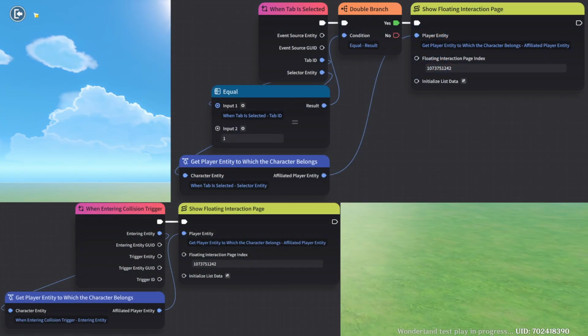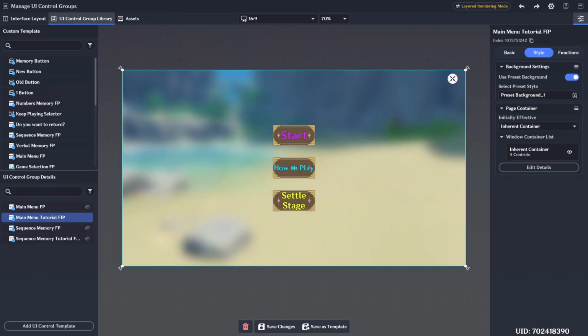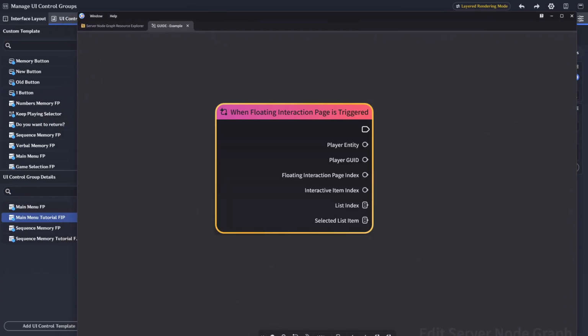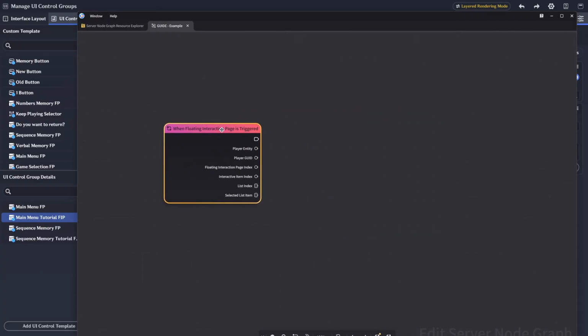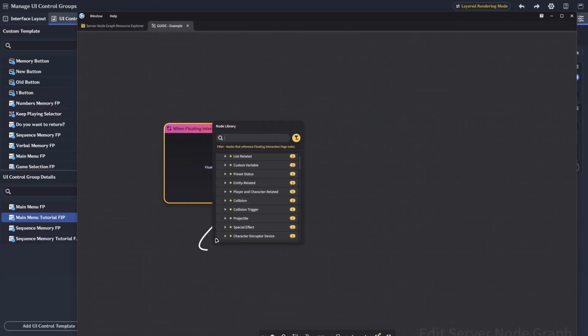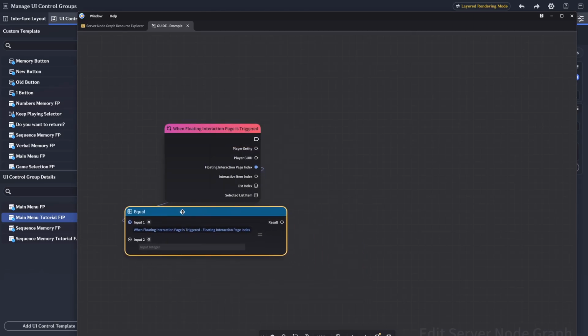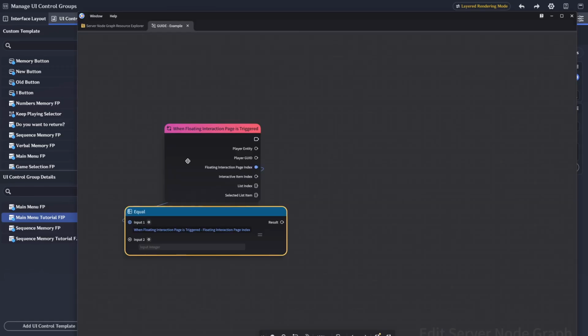Of course, what we've created so far is pure UI with no logic attached. If you want your buttons to actually do something in-game, you need to create a node graph starting with the event node When Floating Interaction Page is Triggered, where interactive item index is the index of your custom button. As a quick example, let's say you want your Start button to close the page, your How to Play button to show a floating interaction page with instructions, and your Settle Stage button to declare the player victorious and settle